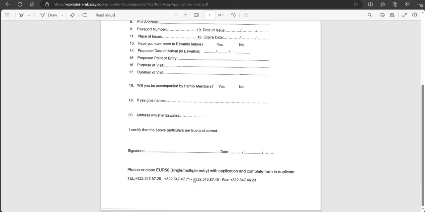And then, enclose: print the completed form and a duplicate. So two copies here. Wherever you're going to submit, you can confirm what the mode of payment will be. They haven't described it. Maybe a check, maybe a draft, I don't know. So based on the location where you are applying, you can check with them how they are going to accept